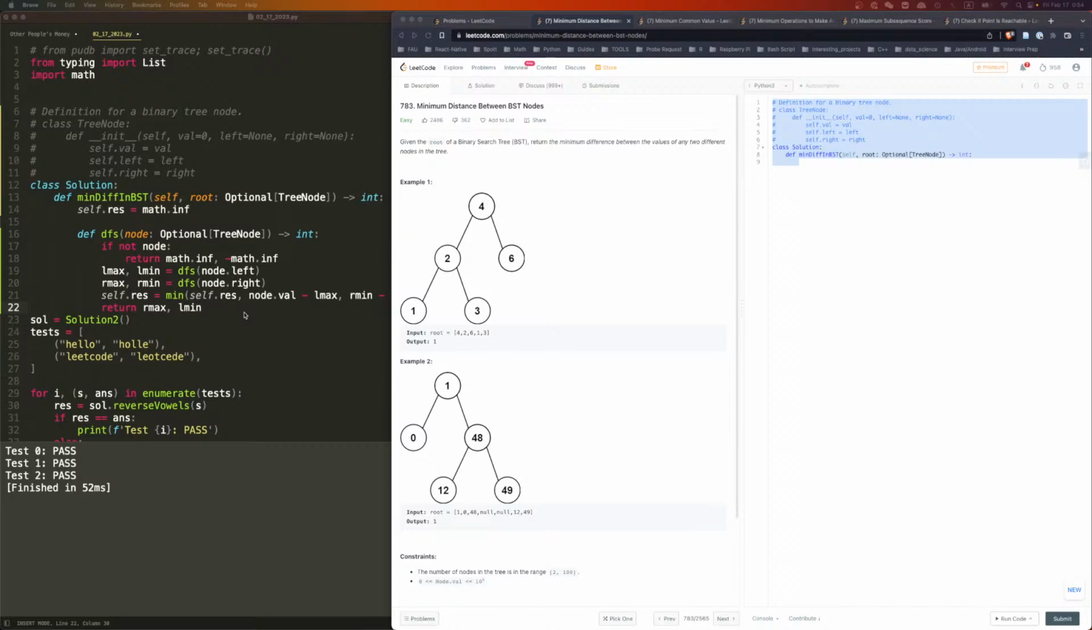So on the left, we always try to find the maximum. So we want to find the maximum on the left. If on the right, we want to find the minimum on the right. And for this node, we want to find the maximum on the left. So in this case, if it's a leaf node, right? If it's a leaf node,